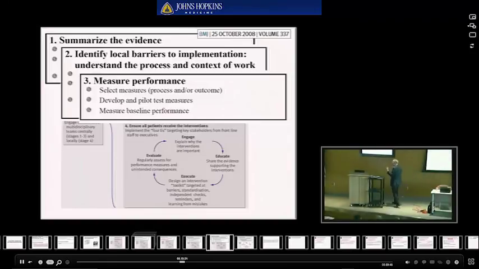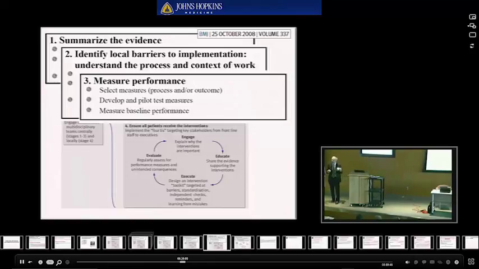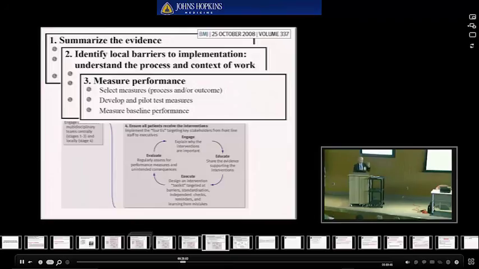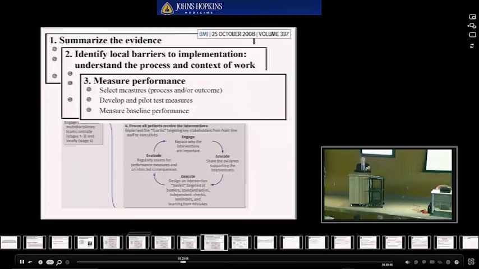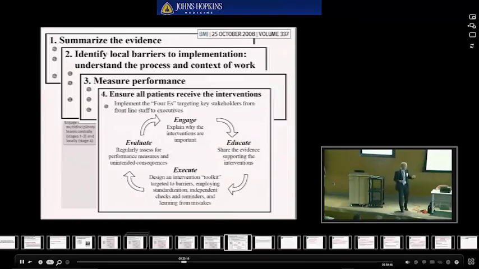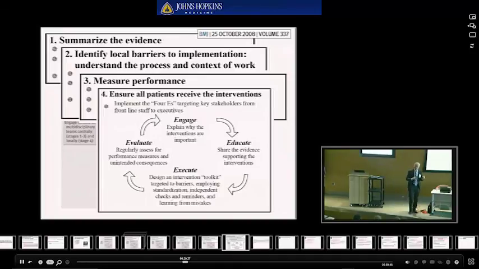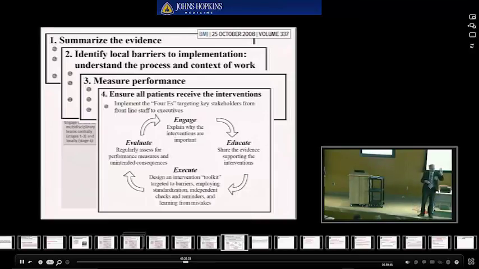So you need to think about, how can we practically measure some of these things as part of routine care? And we'll talk about how you might do that. So you need to think about some practical measures, and you need to measure your baseline performance. And only once you've done those steps can you actually begin to think about moving forward. Everybody wants to jump into, let's start executing a project. That's not going to work unless you've done the other 3 steps first. And not only do you need to do those other 3 steps first, before you jump in and execute, there's 4 E's.